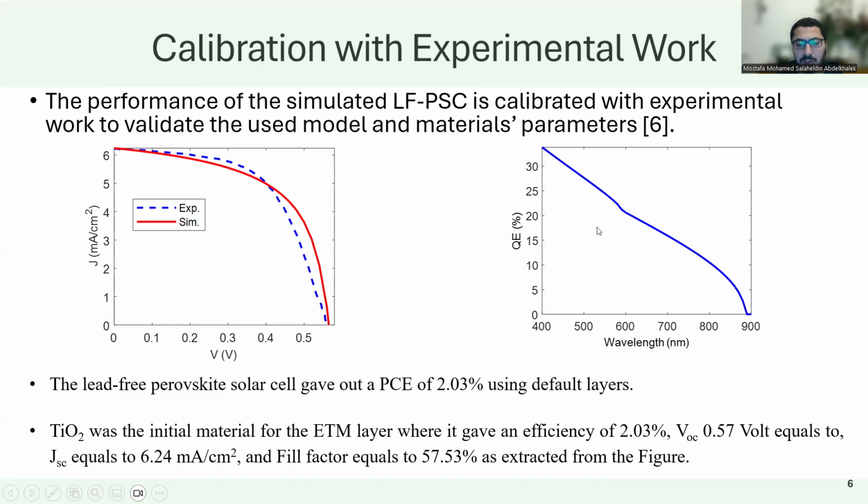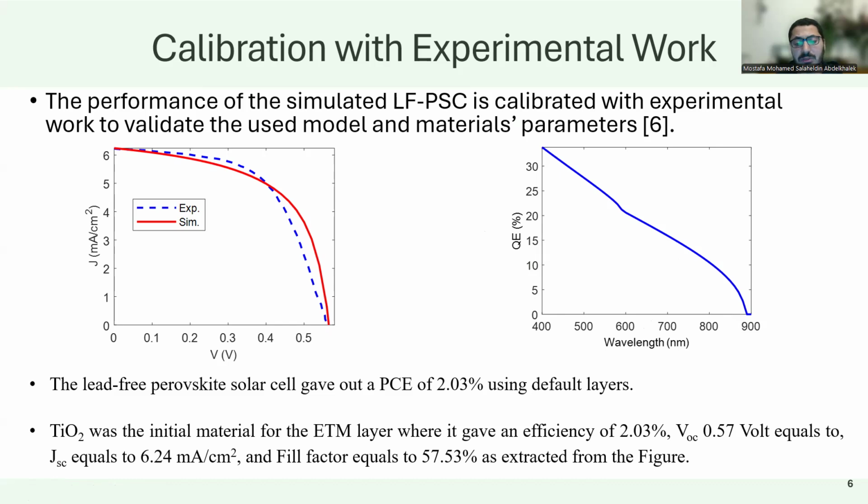The quantum efficiency of this cell for the experimental work wasn't provided, so this curve is for the simulation only. The lead-free perovskite solar cell gave out a power conversion efficiency of 2.03% with the mentioned layers. TiO2 is used as an electron transport layer,